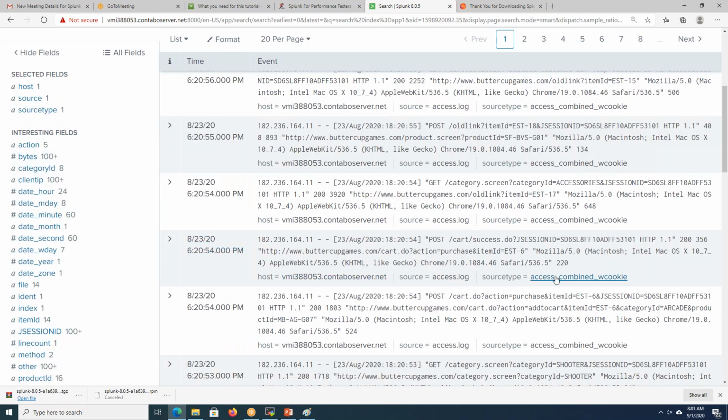For these kinds of values, we have to extract those values. Whatever Splunk didn't recognize, whether it is response time or some URL or IP address, we have to write queries or extract the fields. That is the job of a Splunk developer. Clear till now? Any confusion? Yeah, fine now.